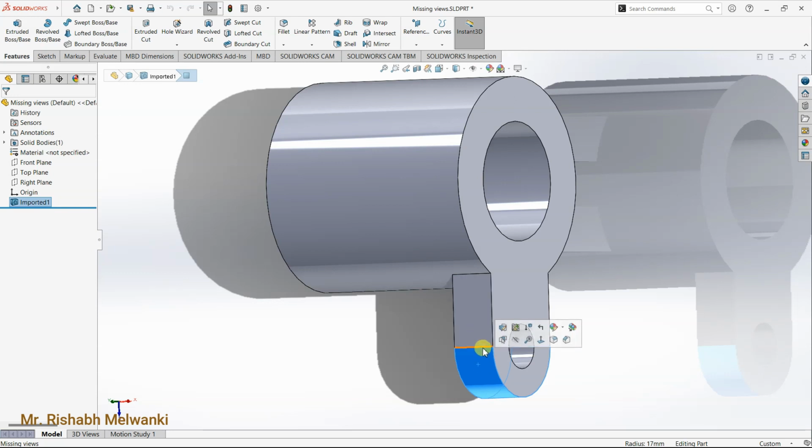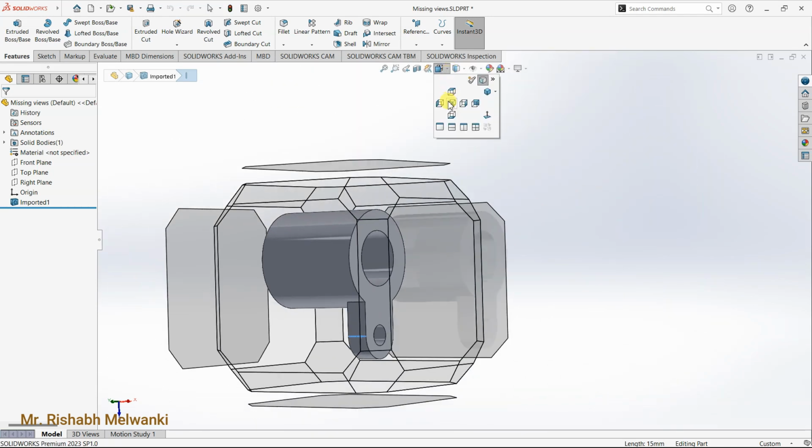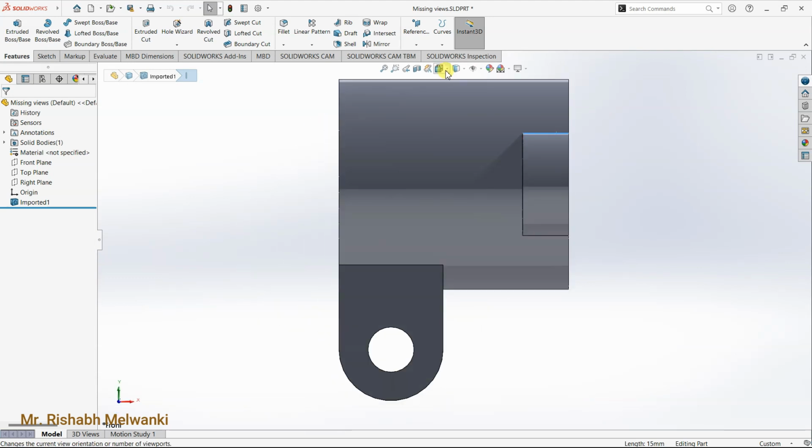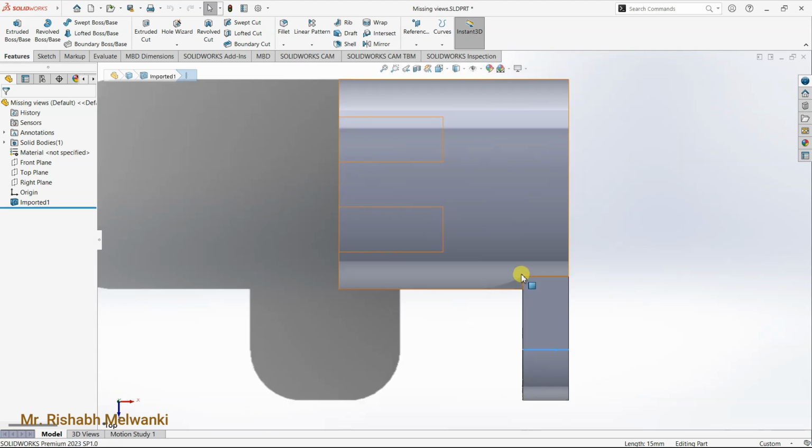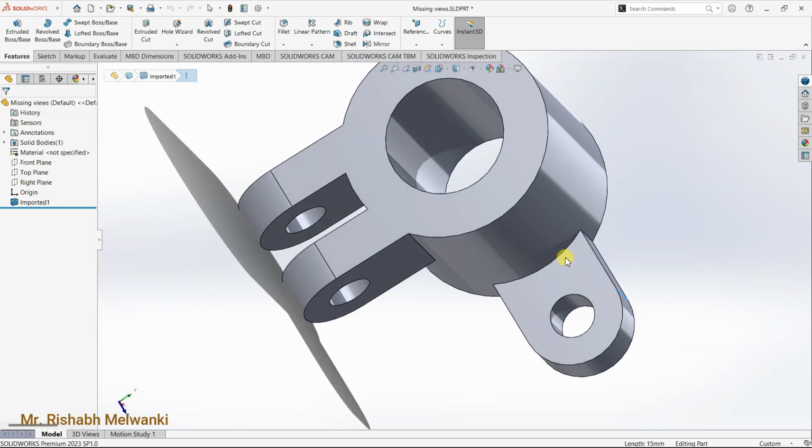Wherever there is an intersection, here you will find a line, but that line has not been given in the question, so you are not going to draw that line in your solution. In the actual case it will be there. Okay, then the next part, in the top view, if you rotate the object,